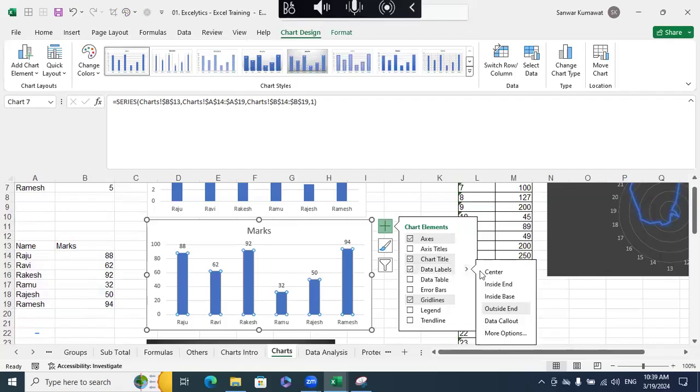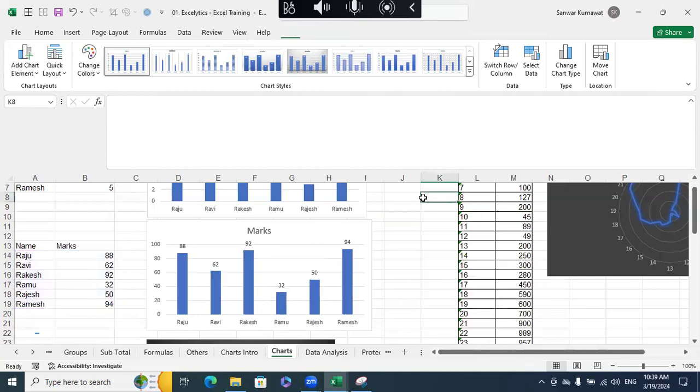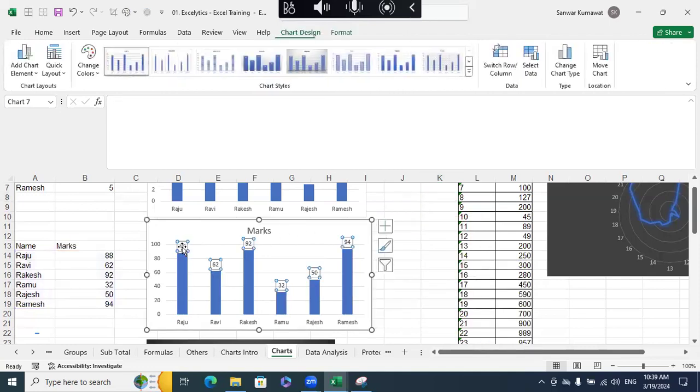If I want to see center, can you see the center line? Inside End will be here. Inside Base will be here. Outside End will be here. Okay, let me use Outside End only. Done. Now choose this single